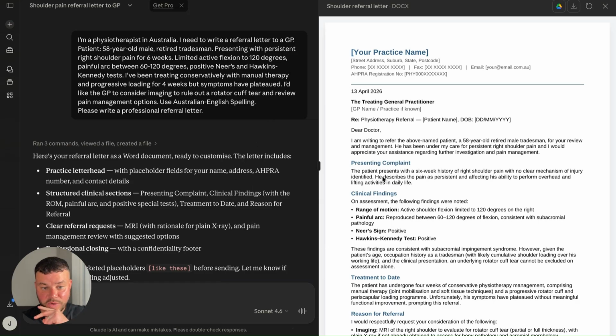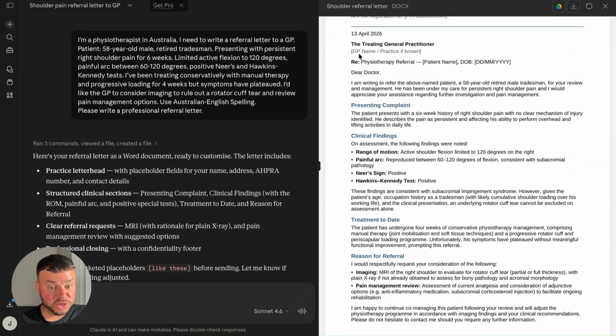So you can see on the right-hand side, Claude has created a professional looking referral letter. We probably need to add some information in here, like our practice name, our contact details. We'll need to add the GP name as well. It's provided some placeholders for us. But as you can see, with the information that we've provided originally, it's really taken that information and written a